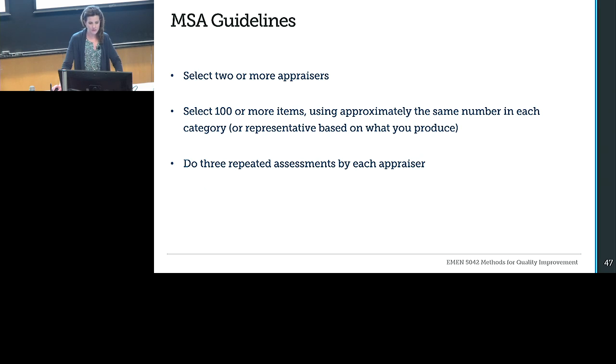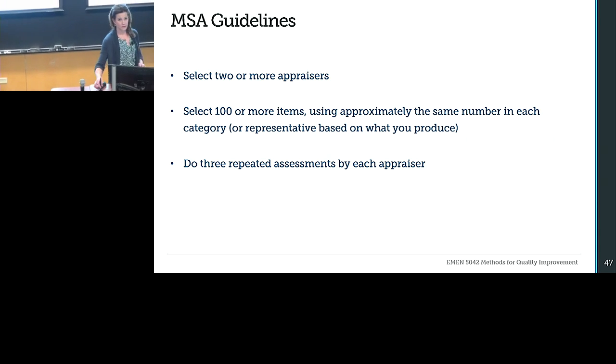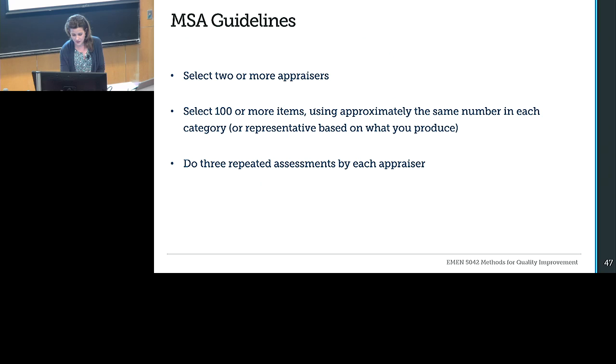So my recommendations are to make sure you have 2 or more appraisers if it's a visual assessment, and then select at least 100 or more items, and use approximately the same number in each category or representative based on what you produce. If you're doing some type of assessment between appraisers, this is okay, but if you're doing a capability study,